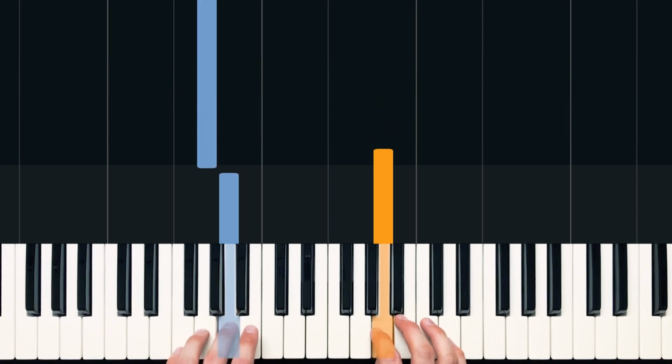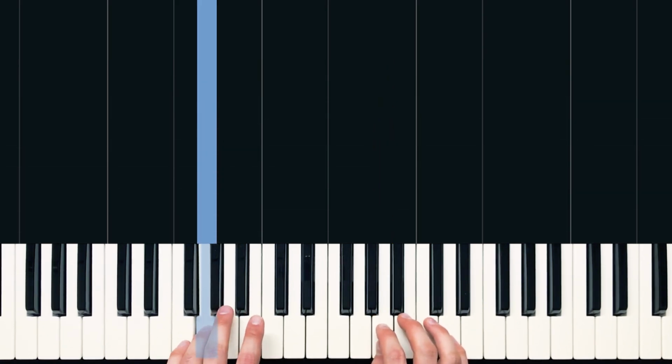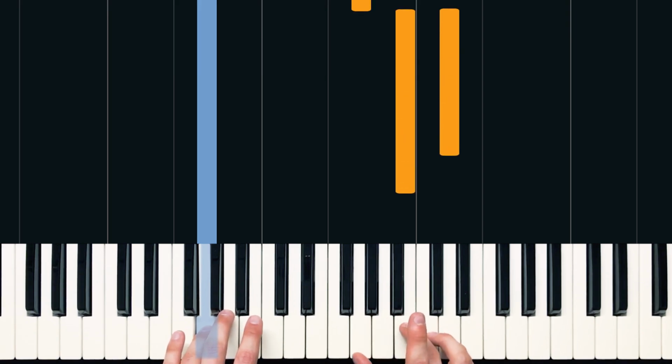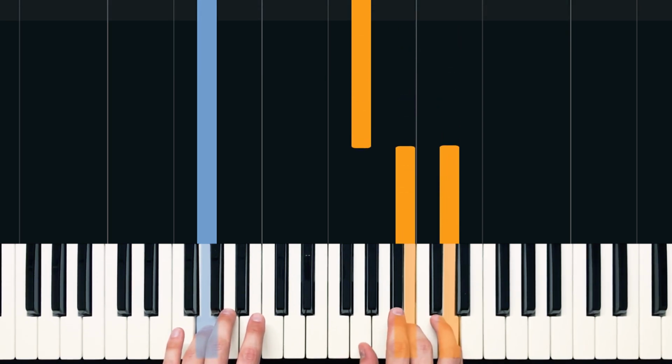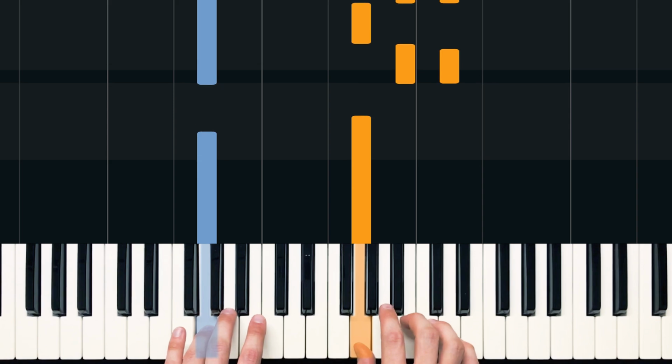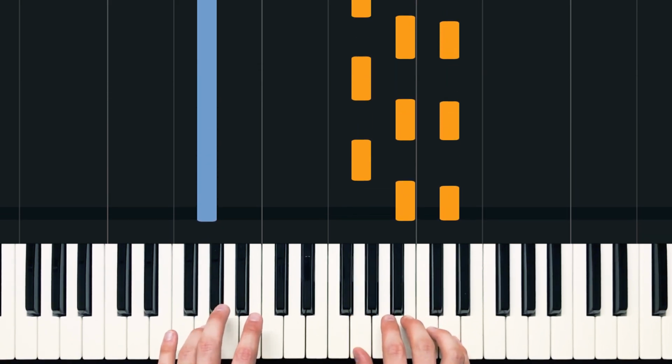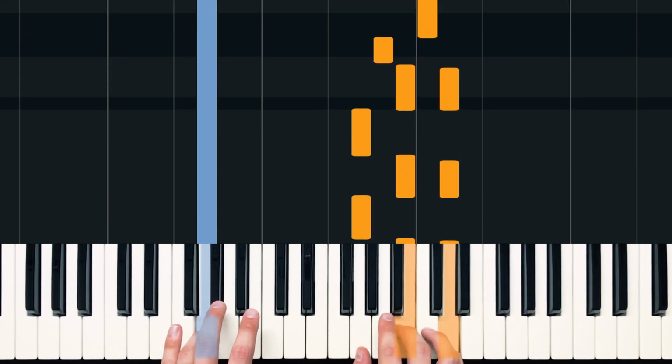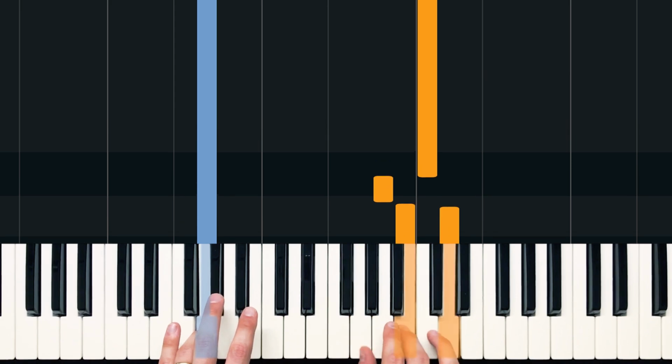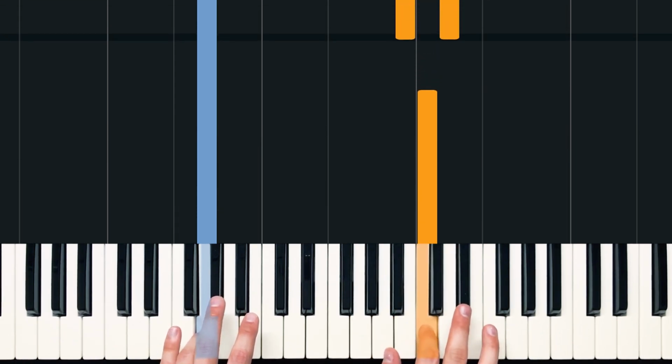And then after that we're going to move down to G, so we have a G with our ring finger in the left hand, and that'll hold out for the whole bar. And then meanwhile in our right hand we're going to go between B and D on beat 1, and then a G on the end of beat 1. And we'll go 1 and 2 and 3 and 4 E and. So we're going to do that for almost